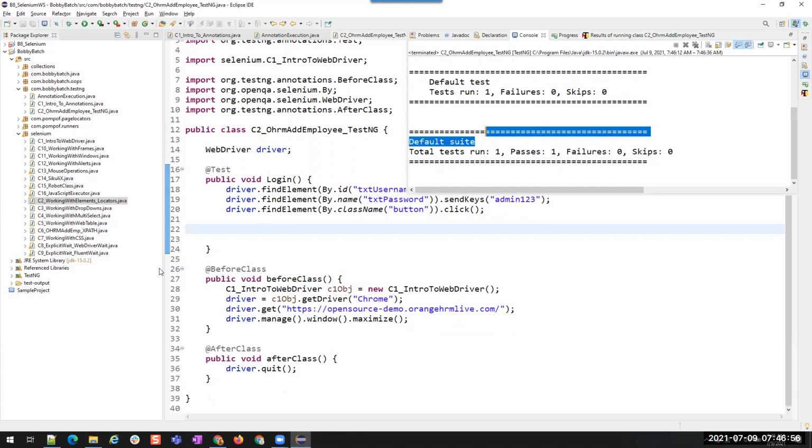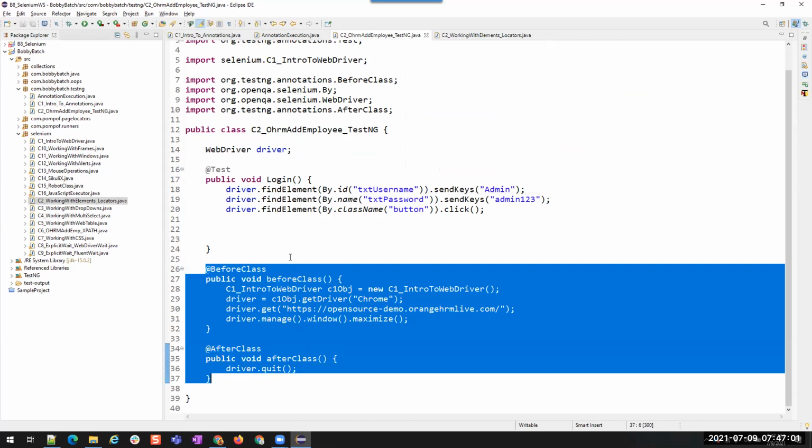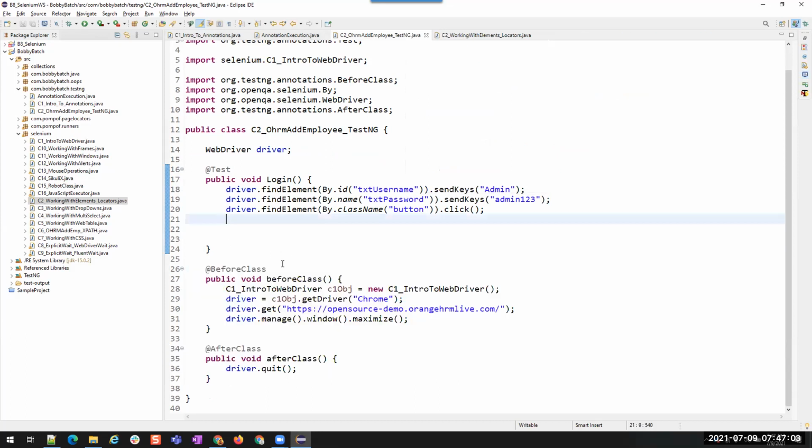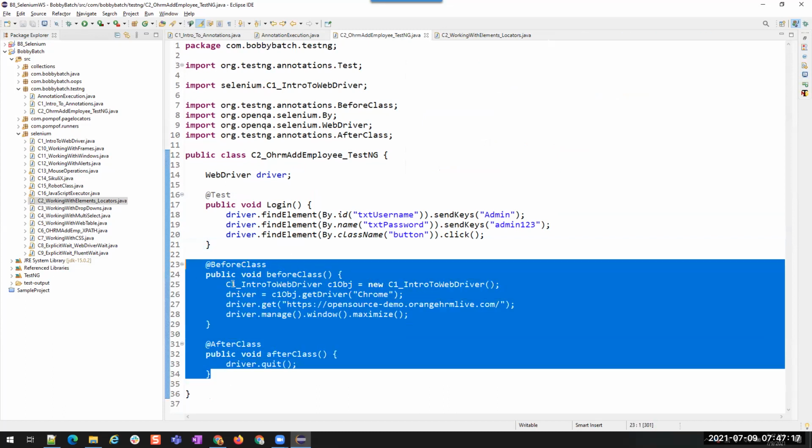And by default, TestNG does not provide any status for the precondition and post-condition methods, because as per the testing concepts, we will assign status only to the test steps, right? We will not assign the status to the prerequisites or the cleanup activities. So that is the reason TestNG does not assign any status to these before class and after class methods.